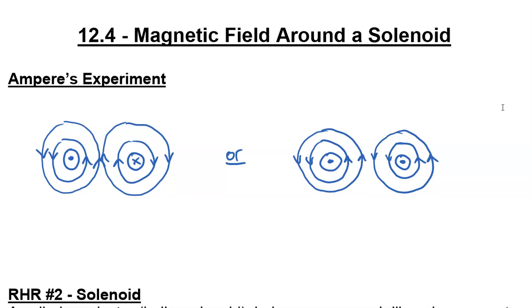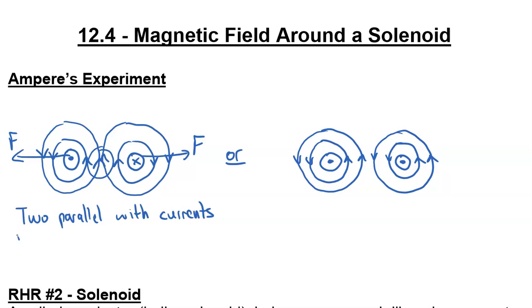Ampère didn't just say, okay, what happens if I have these two wires? He actually was able to let those wires be loose and move based on the force they were experiencing. So what he found in this first case is the magnetic field is going in the same direction here, and he found that these two wires, as they were free to move, actually were forced away from each other. And so the idea here is two parallel wires with currents in opposite directions repel.